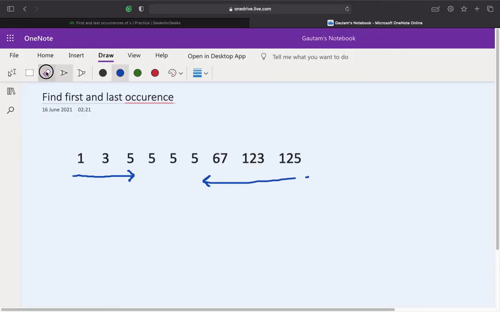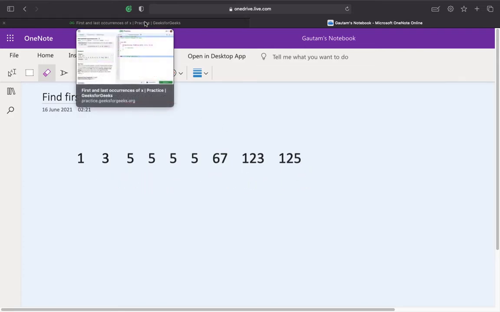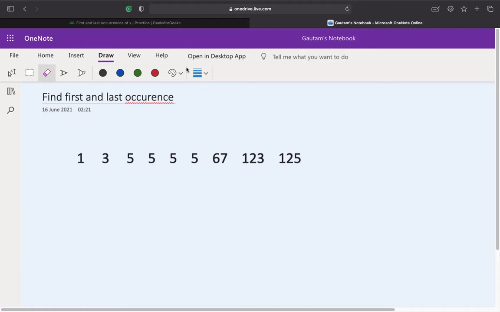Right, so now the expected time complexity of this solution is big O of log n, and the solution which I explained you earlier was big O of n, right? So now how will we go from big O of n to big O of log n? So the answer is binary search. So binary search is applied on a sorted array, and this is essentially a sorted array, right? So now what we'll be going to do is, this is a simple binary search problem, right?